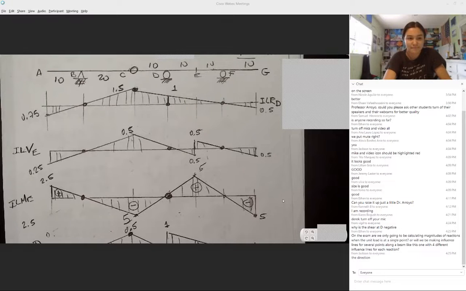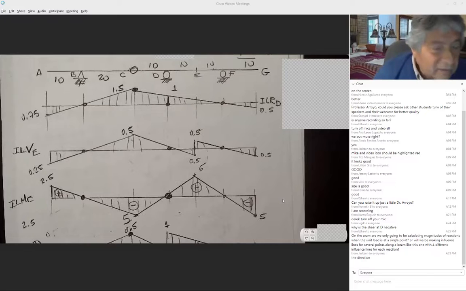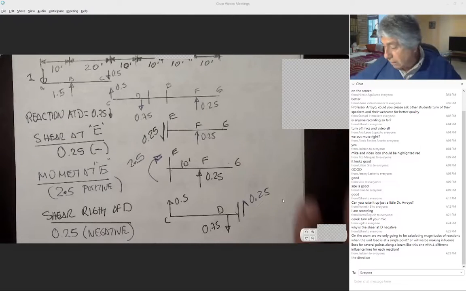Look, there's a question on the exam about calculating magnitudes of reactions. No matter what they're asking you, you always have to compute all the reactions. Because if you have the reactions, you saw how I can compute the shear to the right of D, the shear at E. We can compute anything. So number one, you compute all the reactions, and after that, you answer the question. For instance, in this case, look,